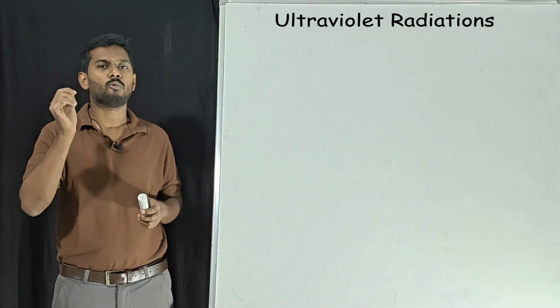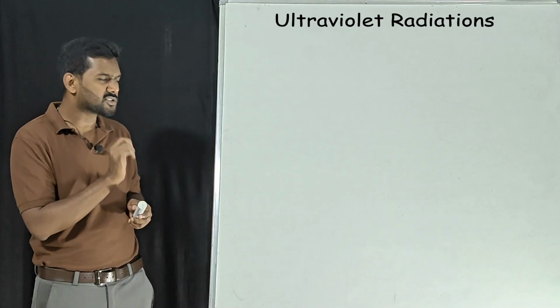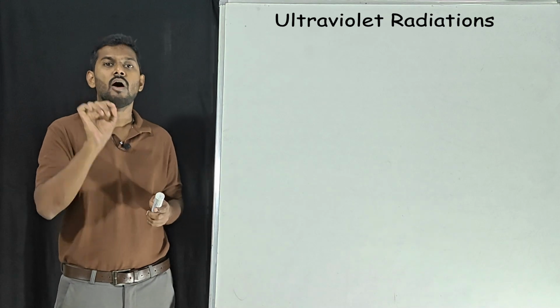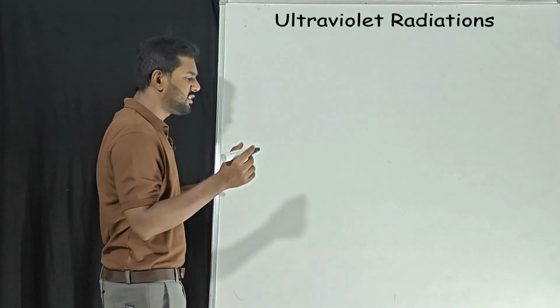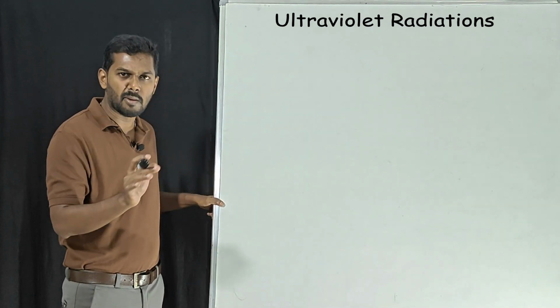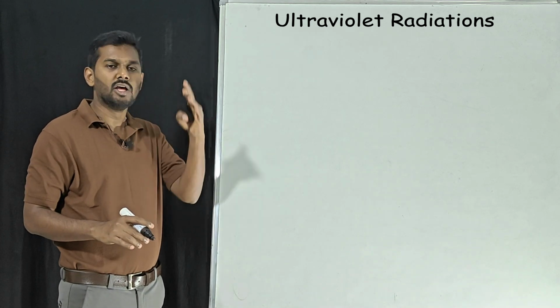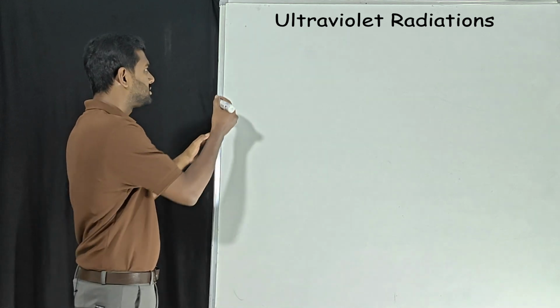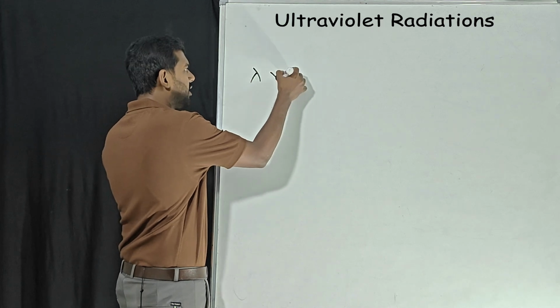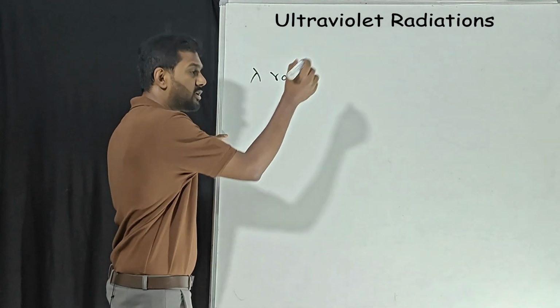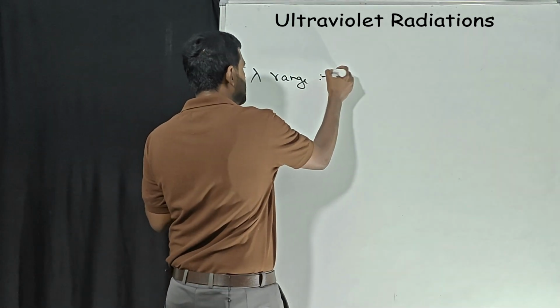UV means ultraviolet radiation. In this UV radiation we need to know the wavelength. The value of wavelength you don't have to remember, but for a safer side, anyhow we are going to learn only 2 radiations, right? So that we can remember the wavelength. Wavelength range of UV radiation is